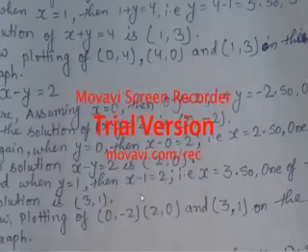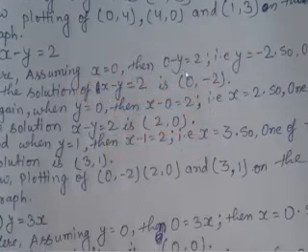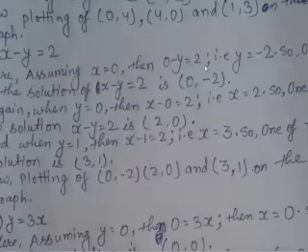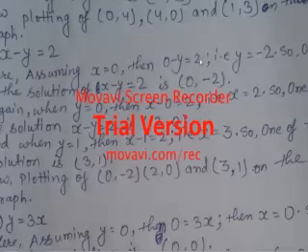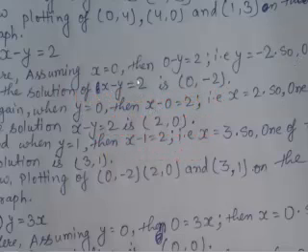Here assuming x is equal to 0, then 0 minus y is equal to 2. So y is equal to minus 2, because this minus was on this side. Or simply, minus 1y is equal to 2, minus 1 goes to this side, then y is equal to 2 by minus 1, that is minus 2 only. 2 by minus 1 is minus 2, because minus is never in the denominator; in standard form it goes in the numerator only. So one of the solutions of x minus y is equal to 2 is 0 comma minus 2.